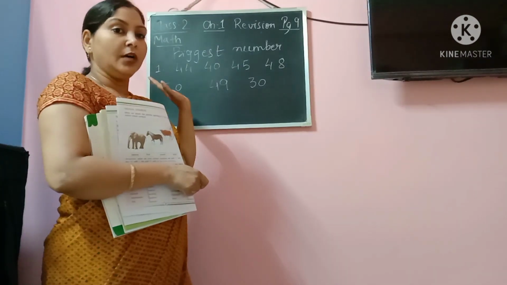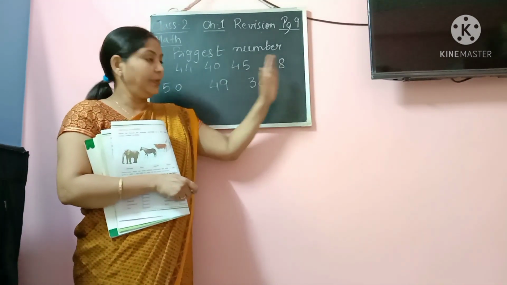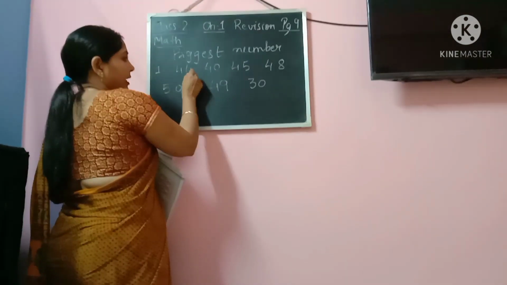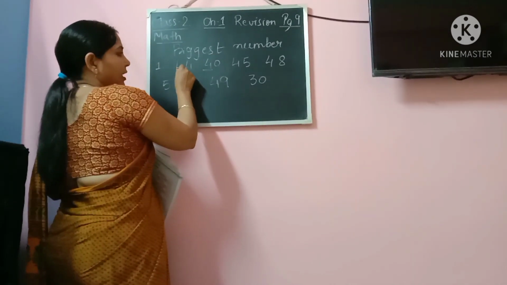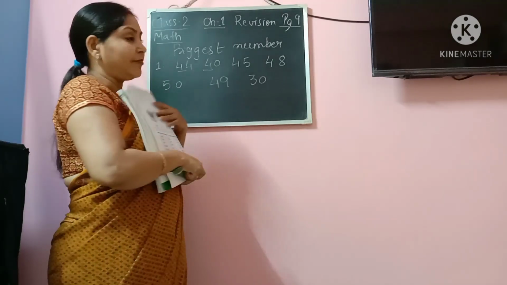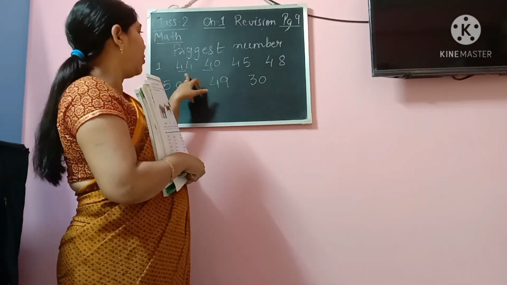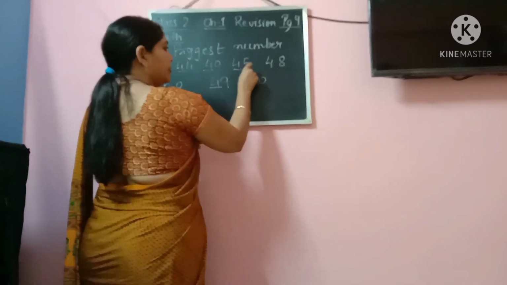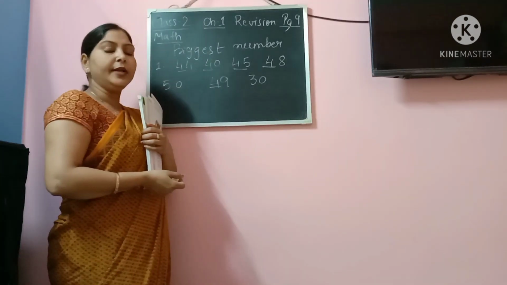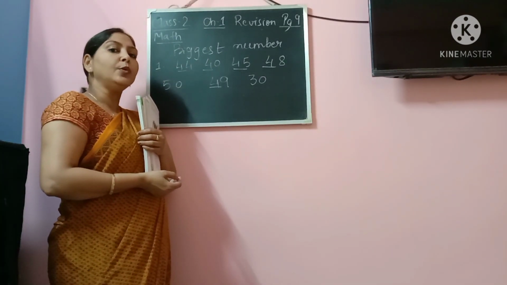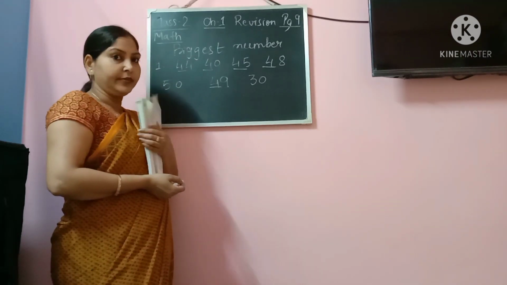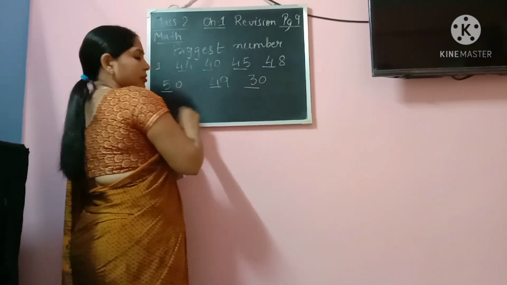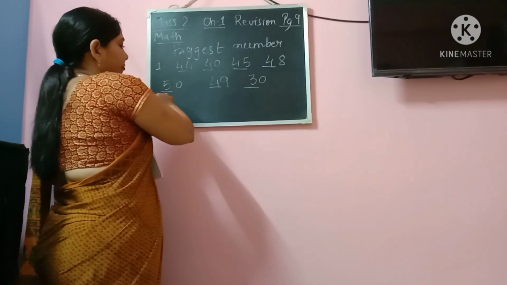Now we have to compare by the place value. Okay. Now we'll try to see the place value. Here you see in these numbers the digits are same in the highest place. First we have to check the highest place value. So this is same 4, 4, 4, 4 and here also 4. Okay. So in all these numbers the highest place value is having the same digit, right? But we have two numbers where we have two different digits in the highest place value. One is 5 and another is 3.